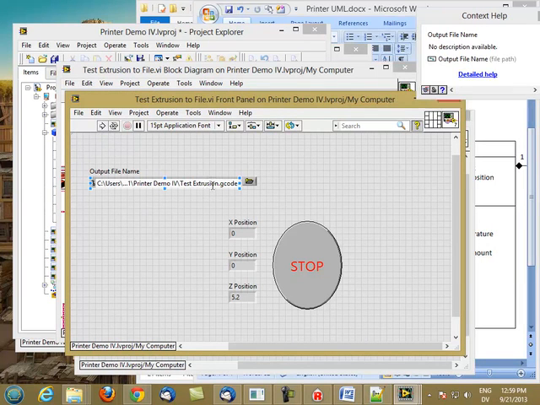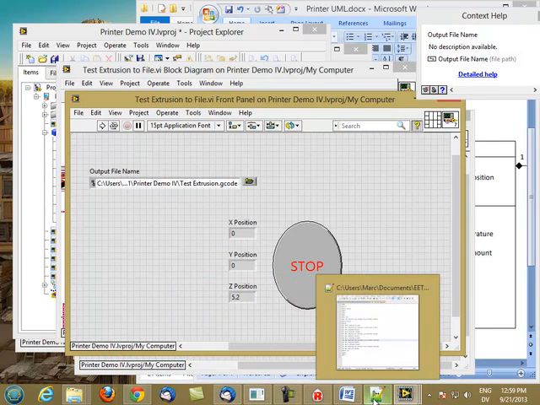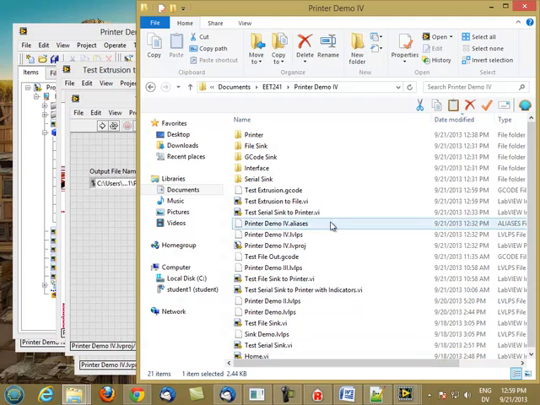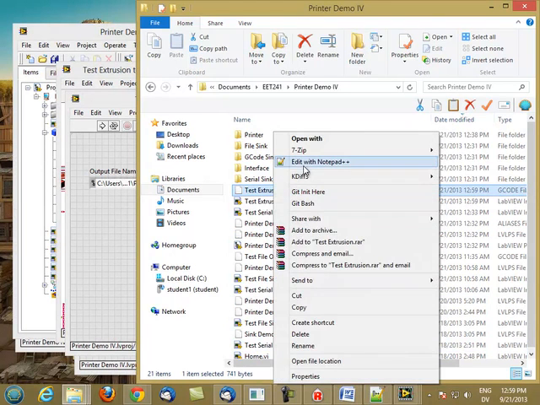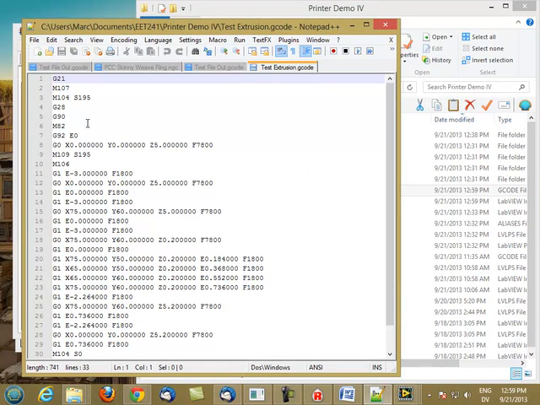So we just created our test extrusion.g code, and let's take a quick peek at the G code first. So in printer demo 4, now we have test extrusion.g code, and we'll look at it in Notepad. So here's our startup sequence, and we're waiting for the printhead to warm up. Then we retract the filament, we go up to Z5, and then we retract the filament and home to our point above where the square starts. We go down to our print height, Z.2, and now we